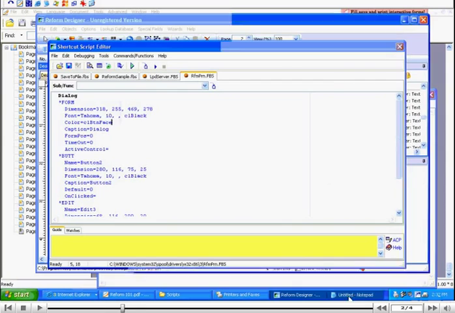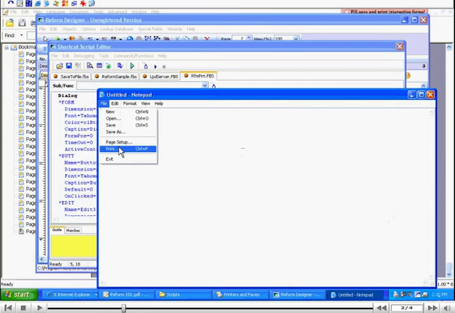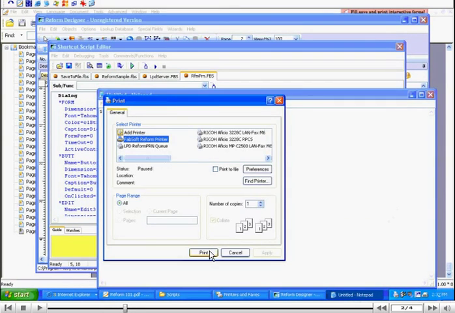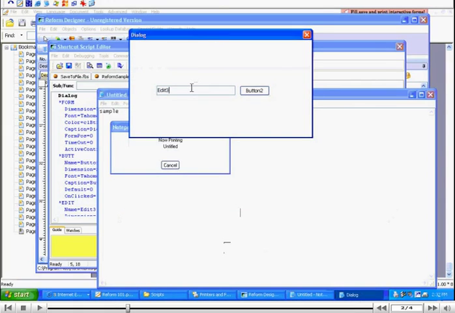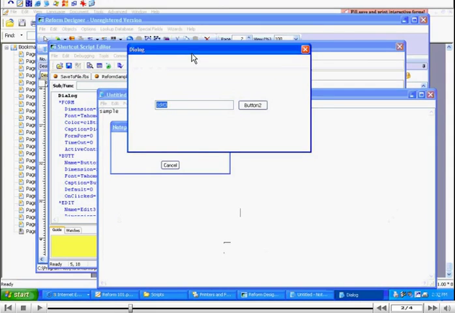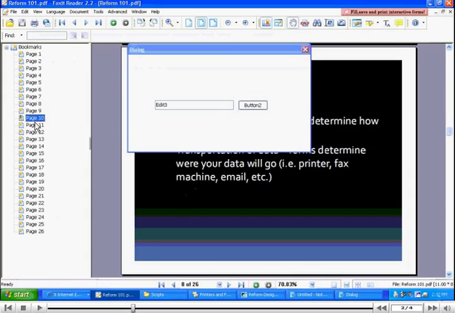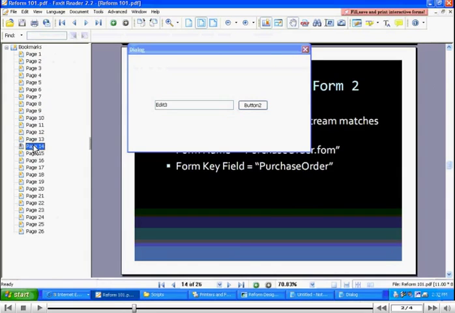This is the script that the print driver uses. I'm just going to print again to the Reform printer, and you see it brings up my dialog now as opposed to the default. And using the scripting language, just like I showed you before in the PowerPoint, let's say